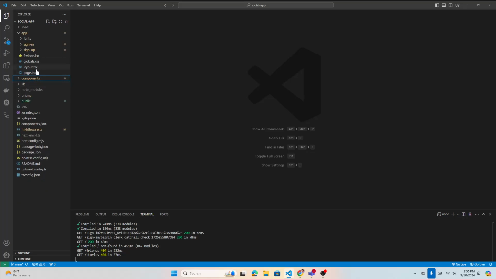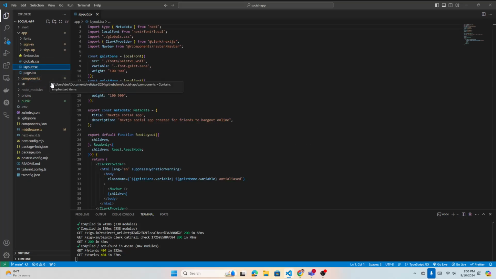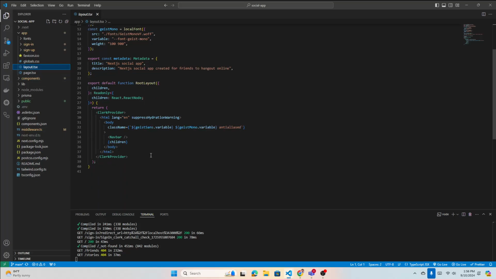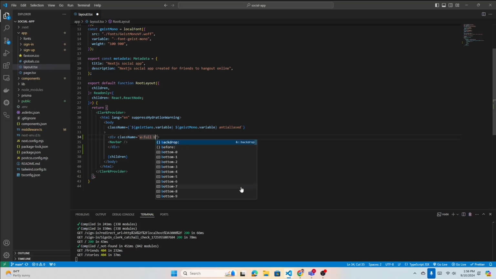So first thing is in the layout. What we're going to do in our layout is add here in the body some CSS. So that will be a div, and inside we're going to wrap our nav. In the class name, let's make it width full. Then we will be bg. I think we can leave it, or we just make it white. And then